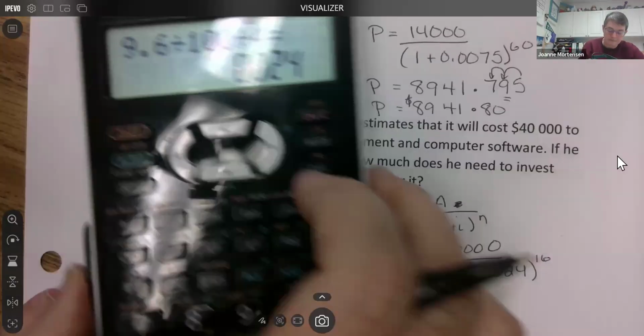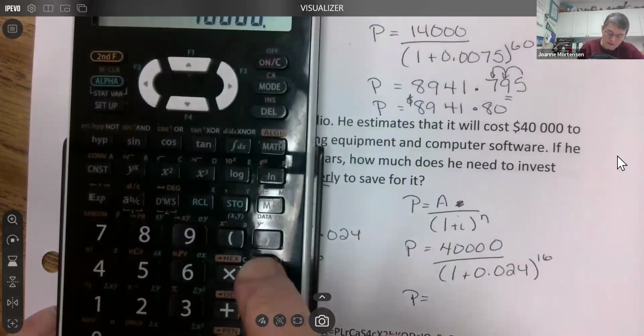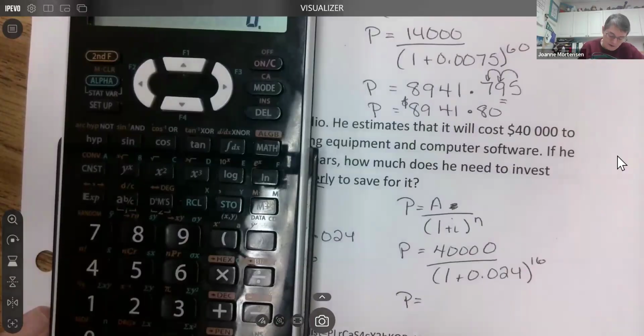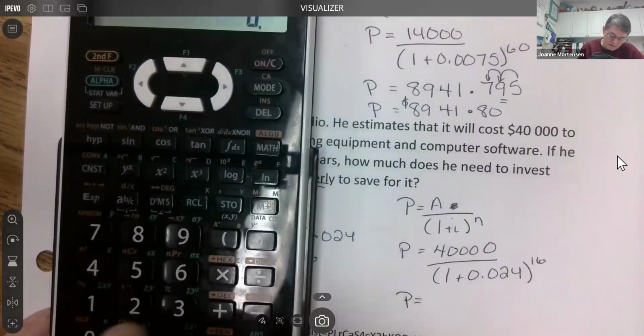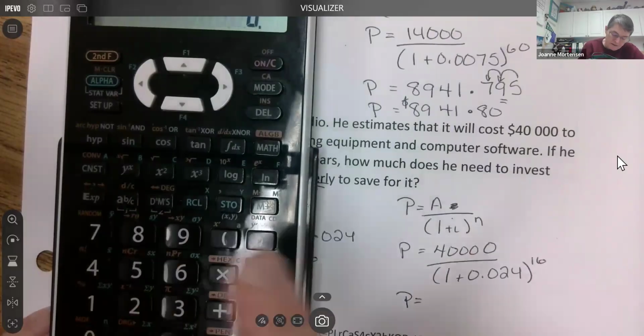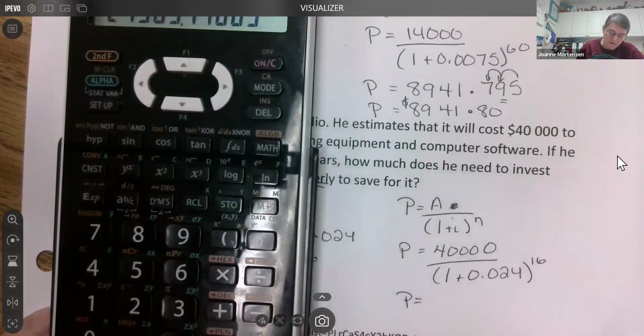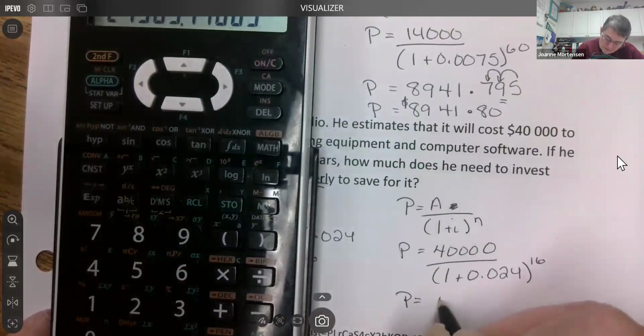Here we go. One plus 0.024, close the brackets, exponent 16, close my brackets, equals, all right,